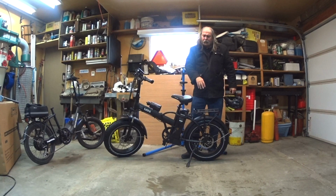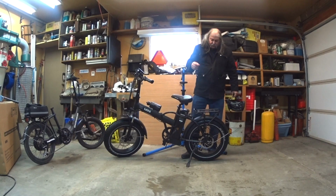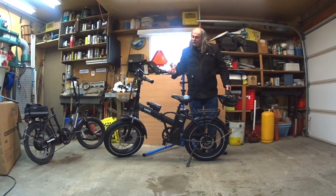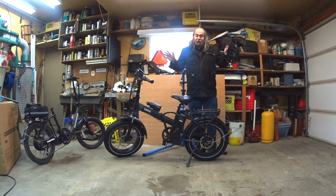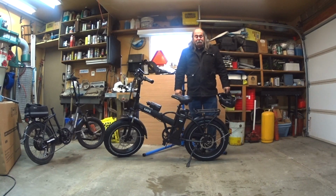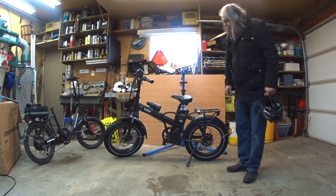I noticed the motor is a lot noisier than on the Bolt. It's got more of a grind noise to it. So if I'm not pedaling and I just use the throttle, I don't know whether it needs to be broken in or what, but it seems to have a grind. If winter doesn't disappear quick and give me a little break, I'm not even going to have a chance to try it out before packing it away for the winter. I used the other battery that I had in my other bike, and